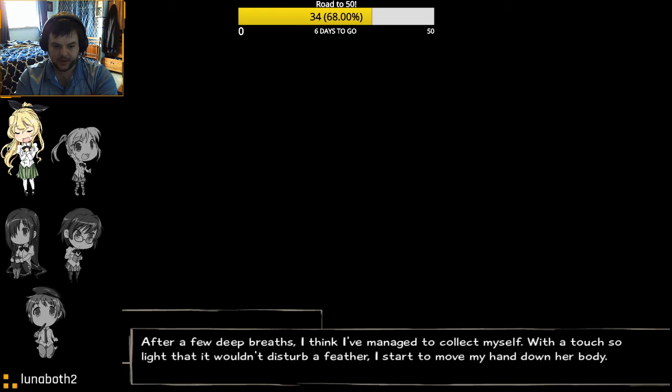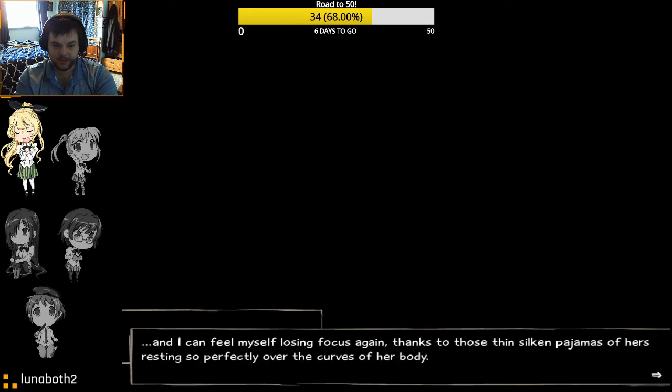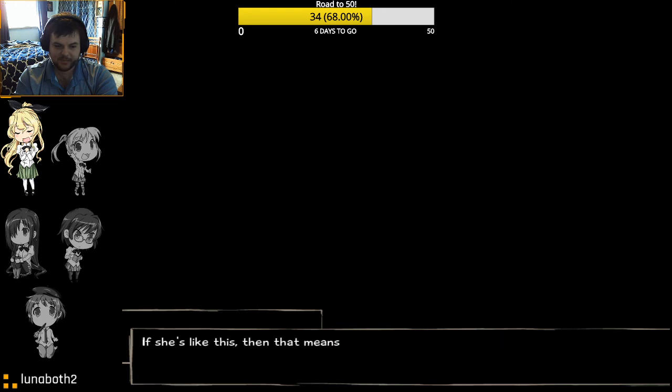With a touch so light that it wouldn't disturb a feather, I start to move my hand down her body. And I can feel myself losing focus again, thanks to those thin silken pajamas of hers resting so peacefully over the curves of her body. If she's like this, then that means she has to be sitting against her bed and facing me. Now to continue. Alright, this must be her hip. If I just move slowly downwards...